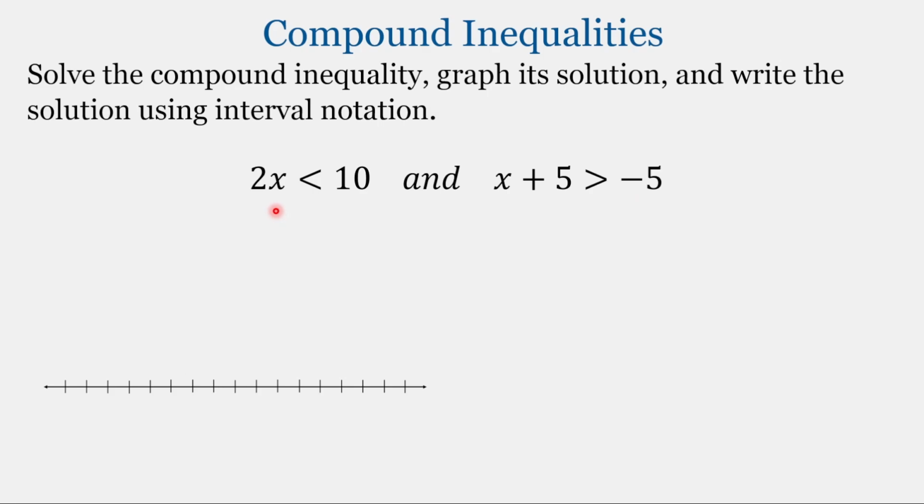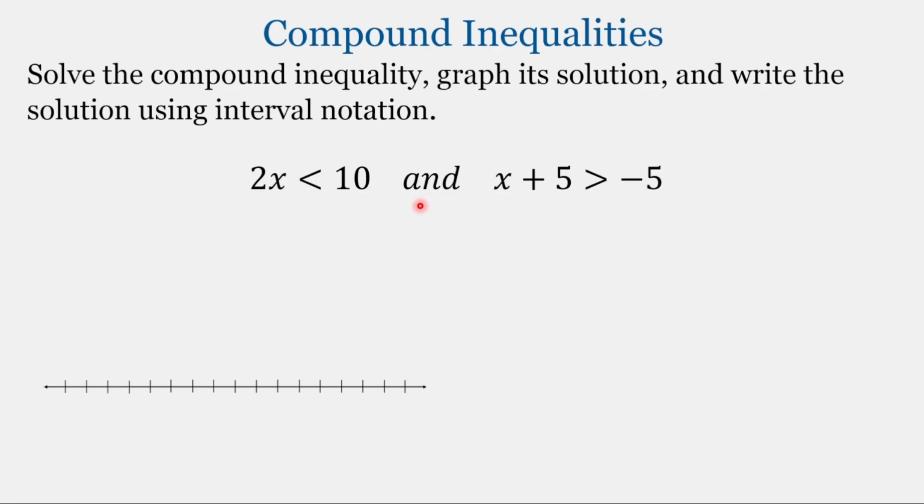With compound inequalities, we have two or more separate inequalities, and they are joined together by either the word and or by the word or. So in this case, these two inequalities are joined by the word and. So in this case, we're looking for the intersection, where they overlap or where they intersect, and what they have in common. When we solve compound inequalities, we're going to solve each of these inequalities separately and then combine the answers